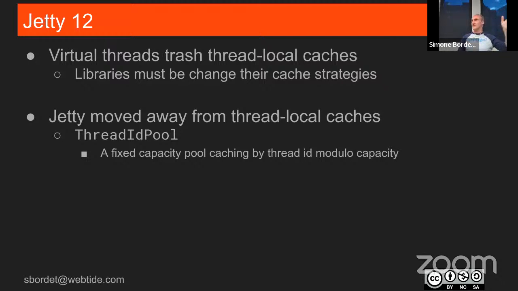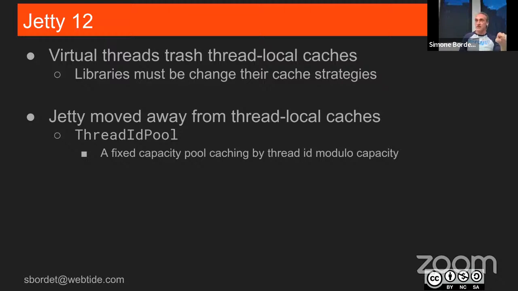Then comes thread number 2, 3, 4. Then comes virtual thread number 11. And we say modulo 10, oh, look at that, it's again slot number 1. So we go there and now we find that there is the calculation already there. What if thread 21 and 31 arrive at the same time? Well, one of them will go to the slot, will take out the calculation, which may not be thread safe because it was not supposed to be thread safe. It was in a thread local. And now, so we pull it out, and so 21 gets it, for example.